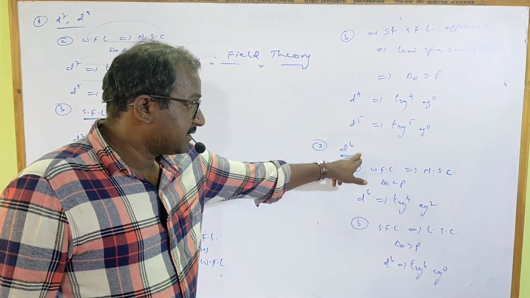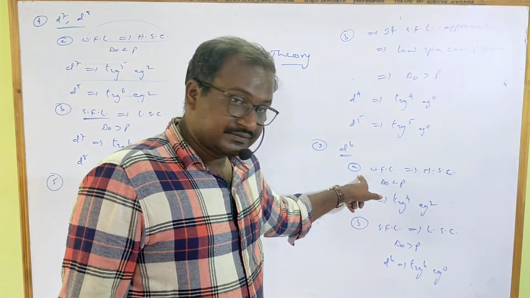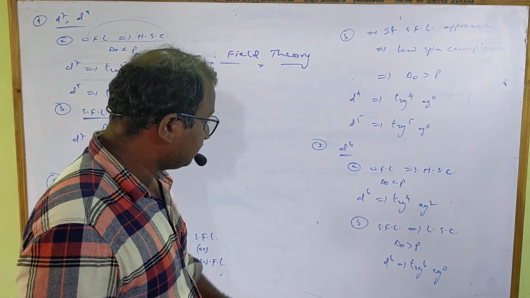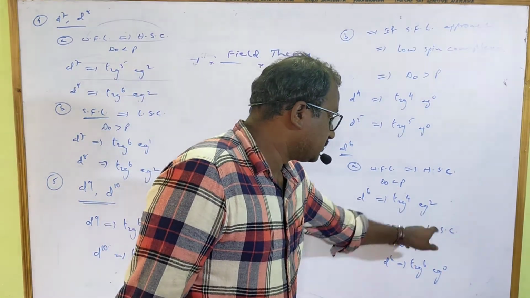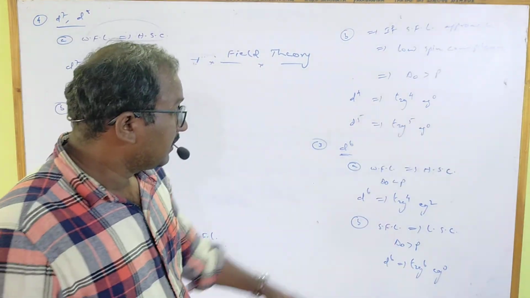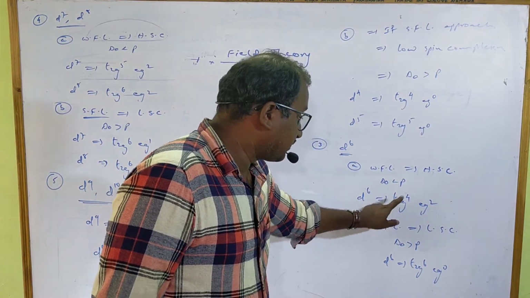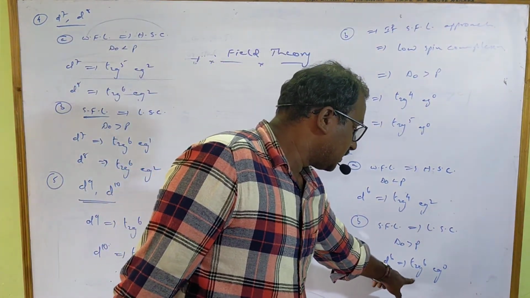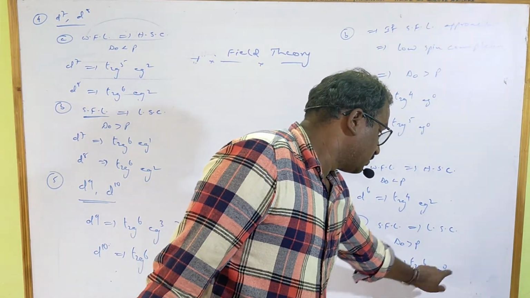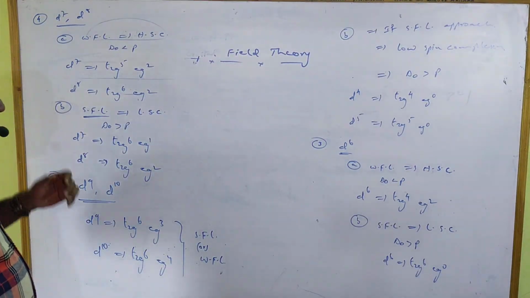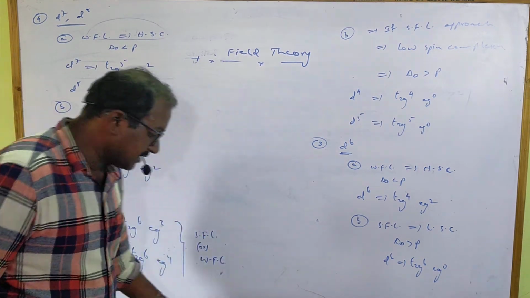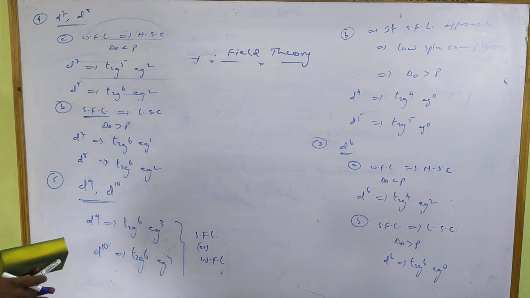Example, D6. If weak field ligands are there, they form high spin complexes. Delta O becomes less than P. Then the configuration is t2g4 eg2. One electron goes to each orbital, and the extra, 6th electron pairs up in the t2g orbital. If strong field ligands are there, only t2g orbitals contain electrons, no eg orbital contains electrons. So like that, the configuration is different if weak field or strong field ligands are present. This is the significance of delta O as well as pairing energy.